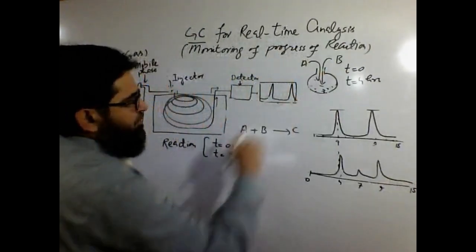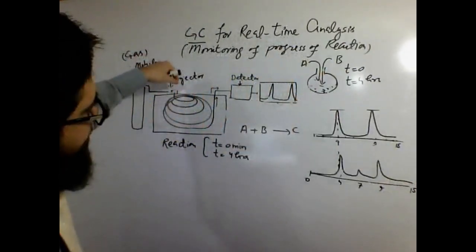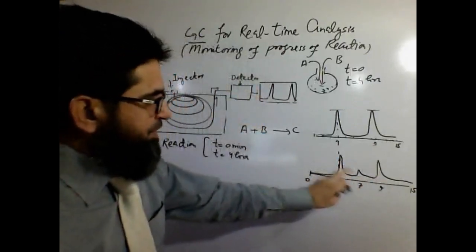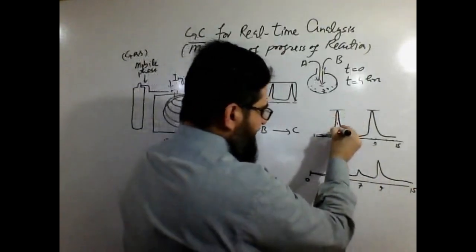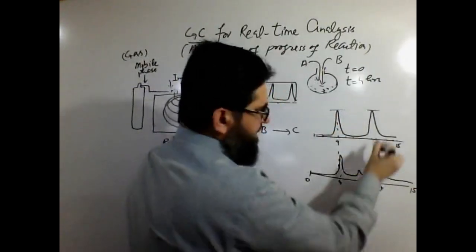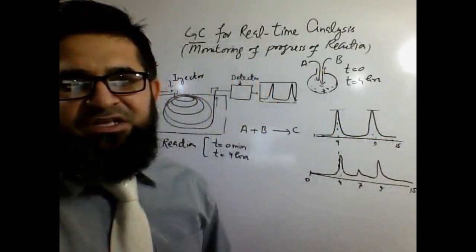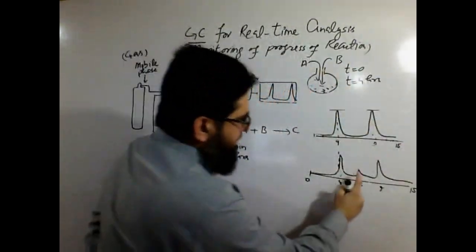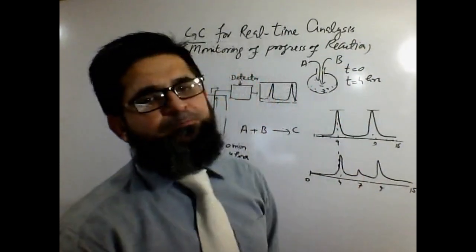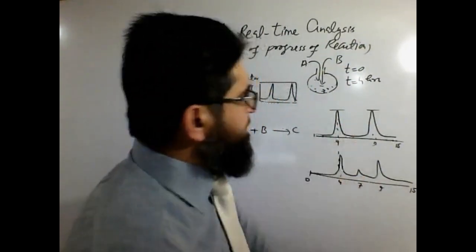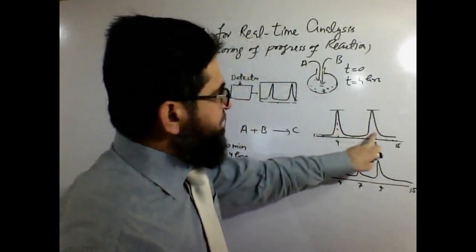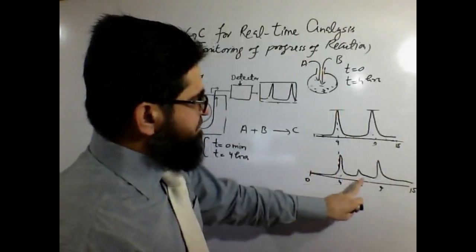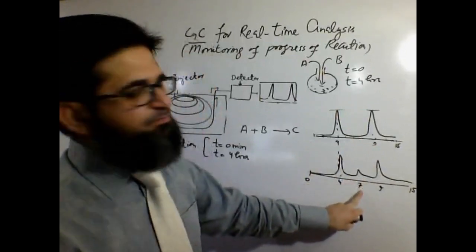So after 4 hours, when we injected the sample into the GC and observed the peaks, we observed 3 peaks. Two peaks are again at the same position, 4 minute and 9 minute, which means they are the peaks of the same starting materials. However, this is a new peak which appears at 7. It was absent over here. So in the beginning only 2 reactants were there, at 4 and 9 minutes, and after 4 hours a third peak appeared at 7 minutes, which was absent in the beginning.